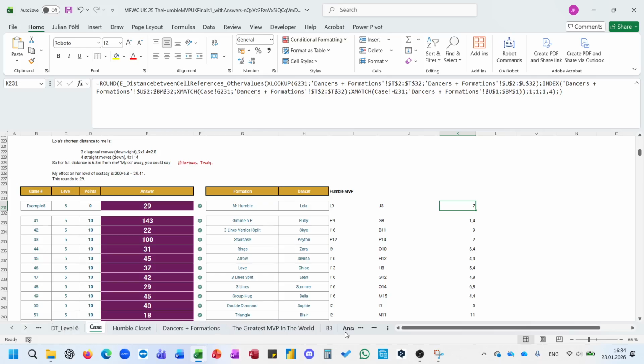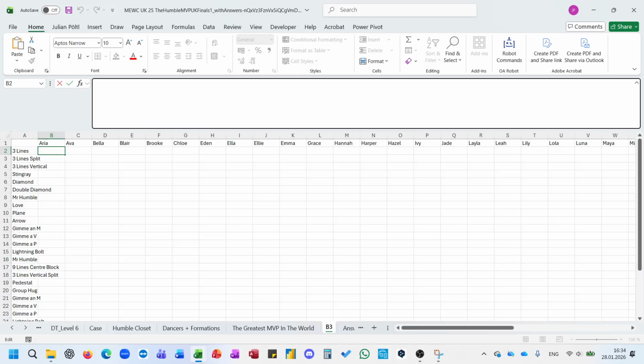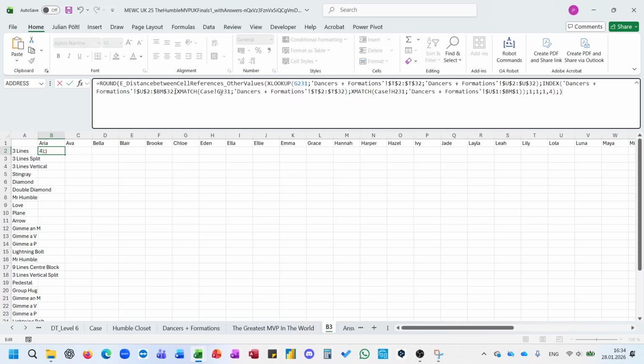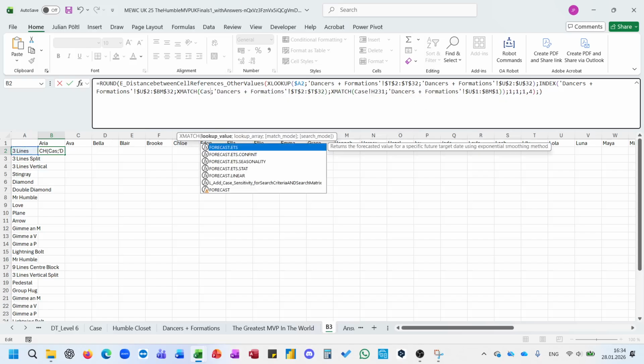Where is bonus? B3. So here, XLOOKUP for this, fix the column, and